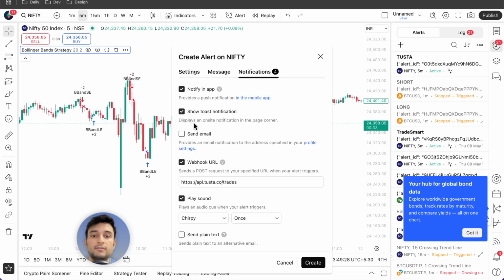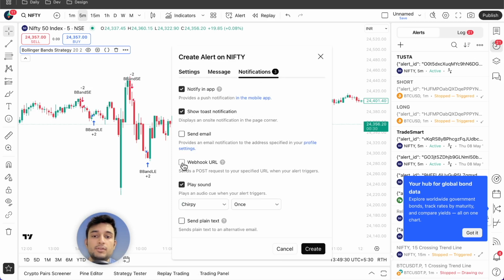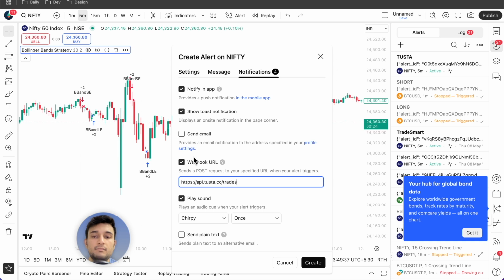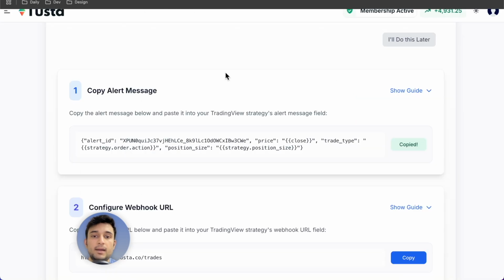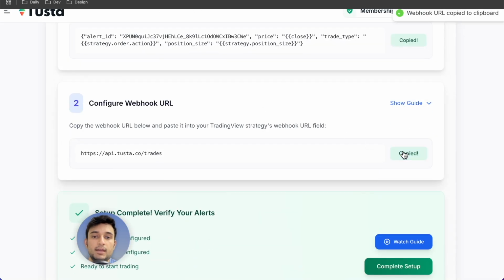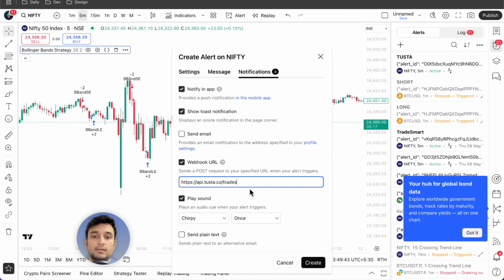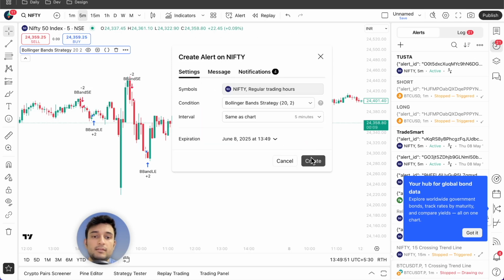And in notification section, I have to turn on the webhook URL toggle. Once webhook URL is ticked, go back to Tusta and copy the webhook URL and paste it here as it is. So once these two steps are done, your alert creation process is ready. Just click on create